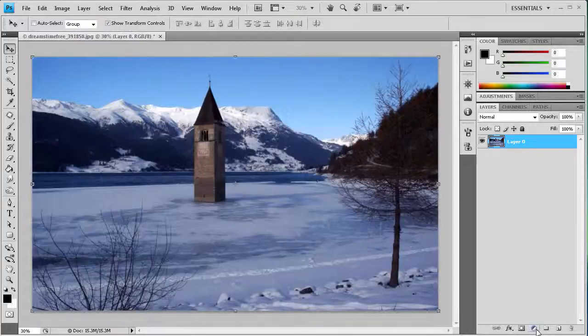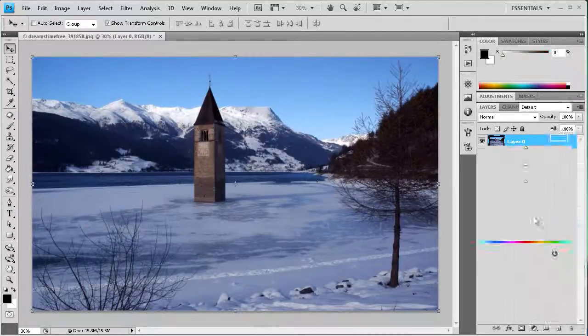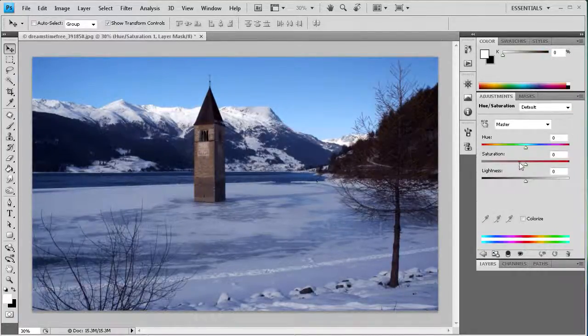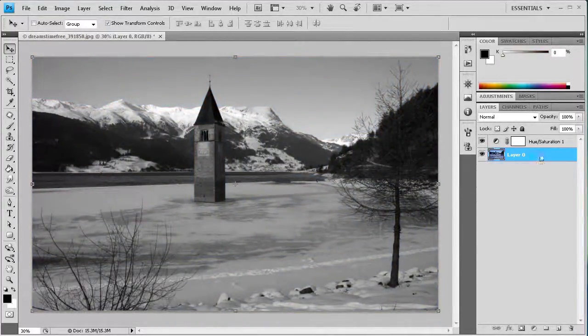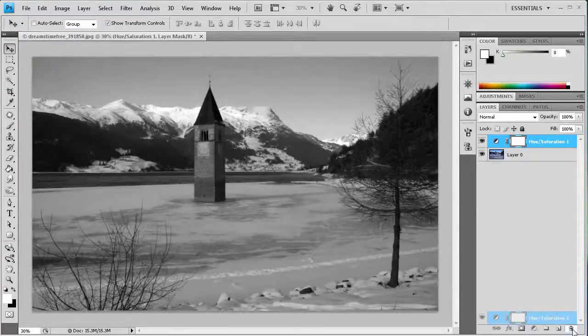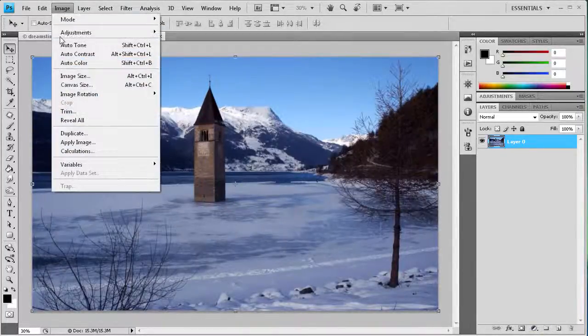So what you're going to want to do is go to this little half and half circle down here, which is the adjustments, and if we went to Hue and Saturation there, and we did our hue and saturation, and I'm just going to double click on layers, then we still have, as you can see, our image here, and then we have our adjustment layer here. And if we no longer want this later, then we can just drag it to the trash, and we have our regular image intact. So that's the nice thing about using this over the Image Adjustments